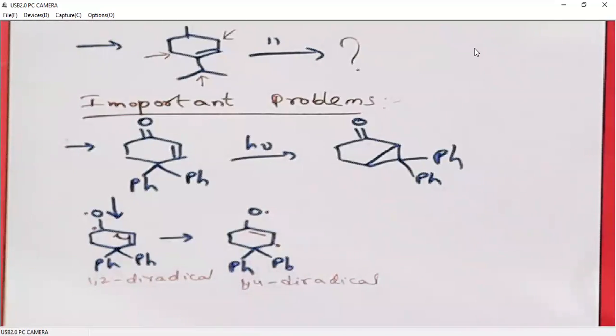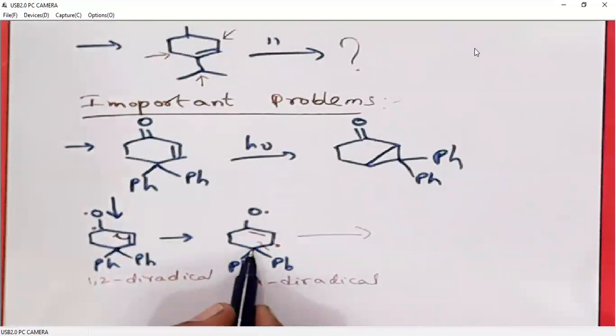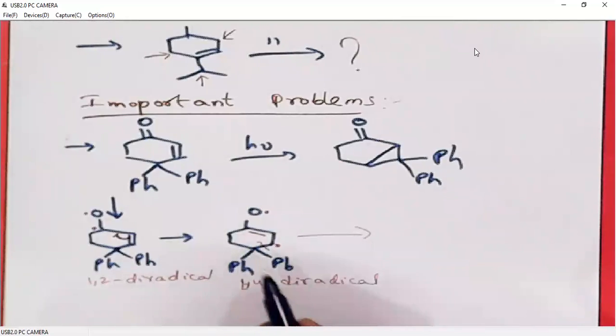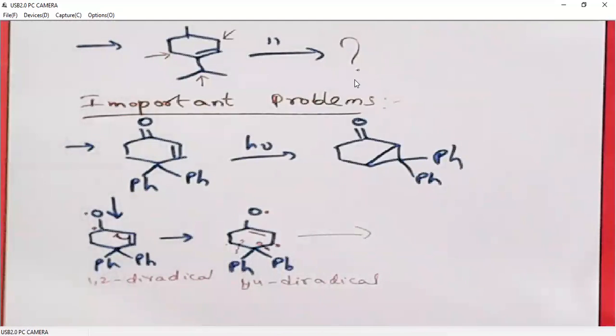Now you see two phenyl groups are available on this carbon. When we break this bond, what will we have? We will have a tertiary and 2 times benzylic radical. That means that generating radical will be stable. So this will undergo a bond formation. Sorry, not that side, this side. So when this undergoes bond breaking, we will be generating a radical here, a radical here. So this radical and this radical, they will form a bond.